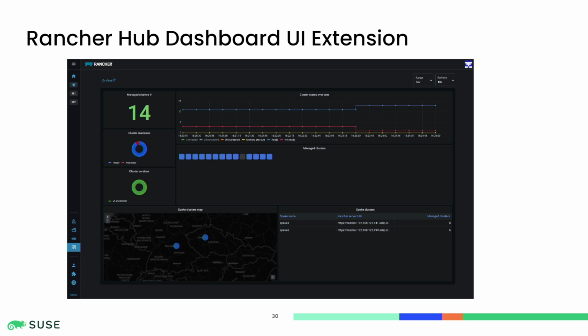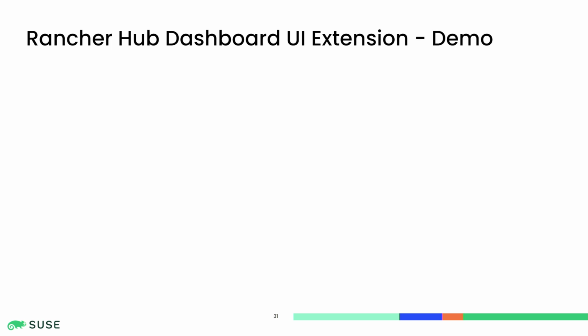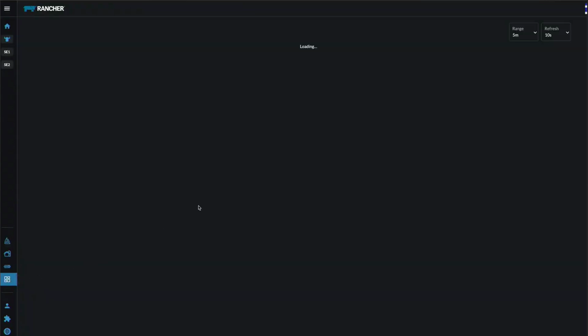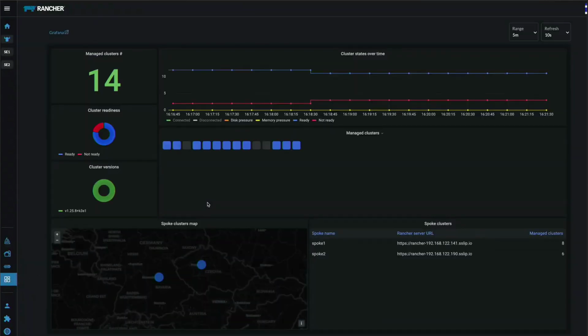And I'm going to also start the demo. So this is the Rancher UI on the hub cluster. And you can see that on the left we have a new icon which says Cluster Hub right now. And clicking on that opens the new page with the dashboard. Currently, this demo only features 14 clusters, but we are, of course, expanding this further to actually fulfill the